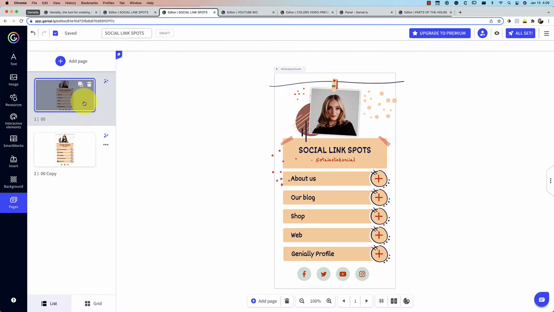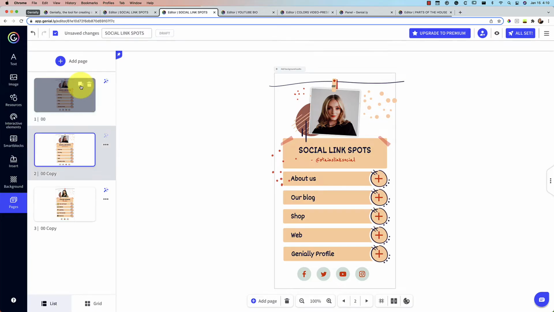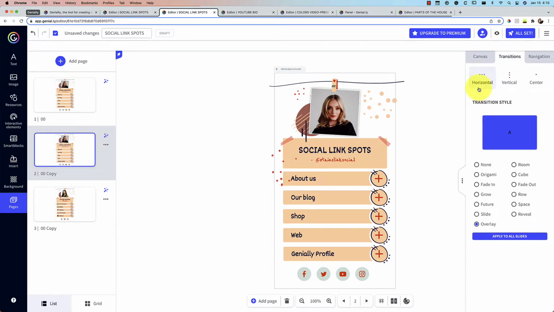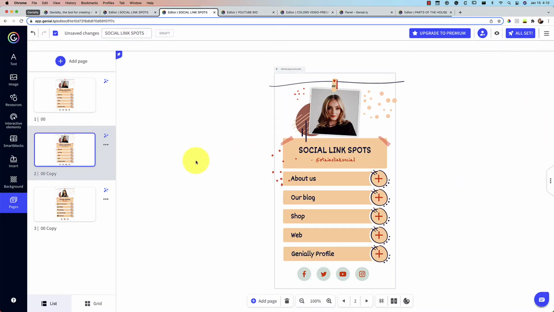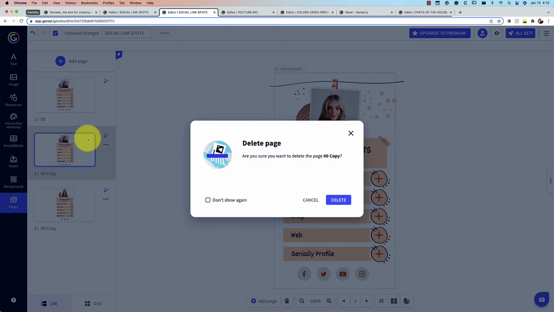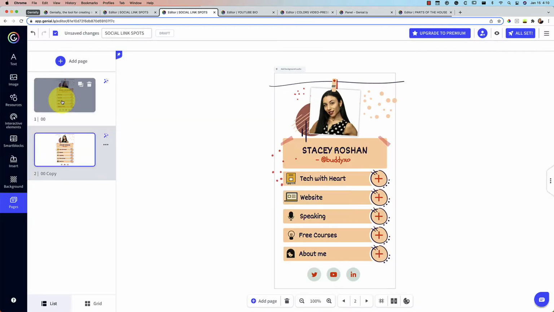So the first thing I actually did was I just duplicated the page because I thought maybe I would want to reference this. So you can press this little button right here and that would duplicate the page. You can also hover over to delete the page. This little icon here is your page transitions. So you can do some animations that are available on the sidebar there. So all I'm going to do is delete this page because I don't need it. And we're going to start with the template again.